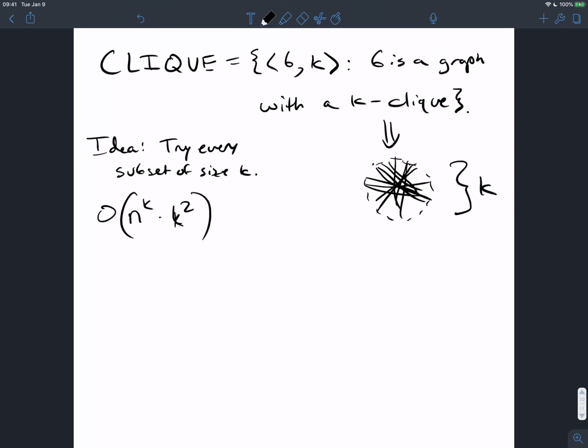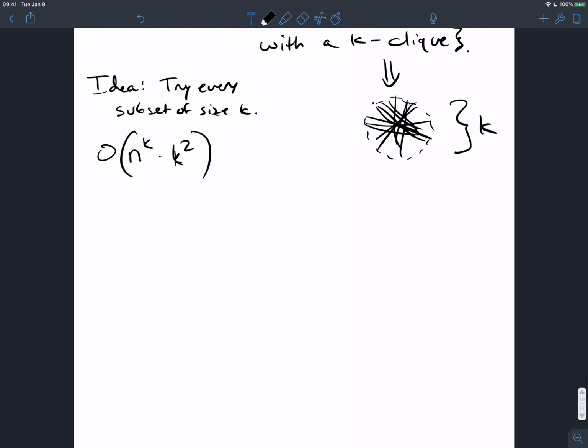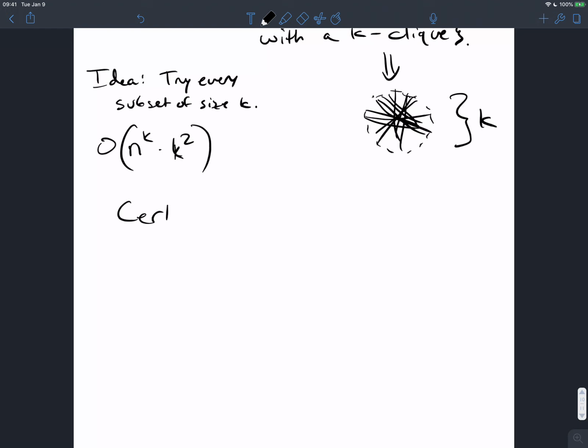So let's say that you give me the graph and the k integer. What could be a proof to you that I found a k-clique in the graph? I tell you k vertices, and then could you check deterministically whether every single edge in that set of size k was there? Yeah, that's pretty simple. So the certificate here